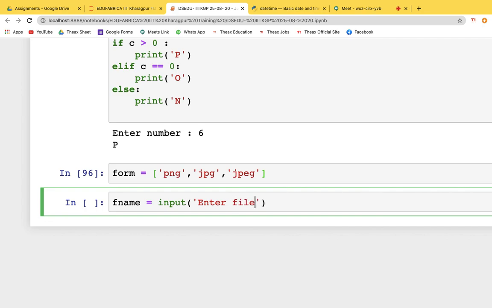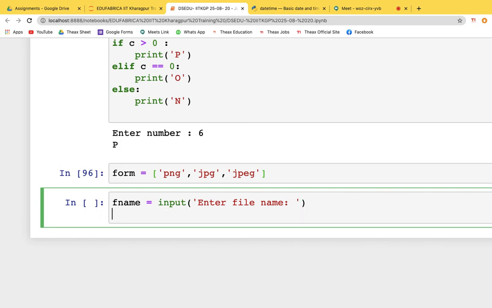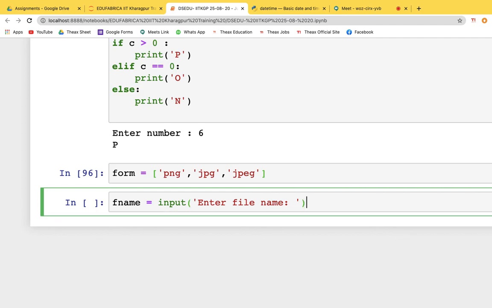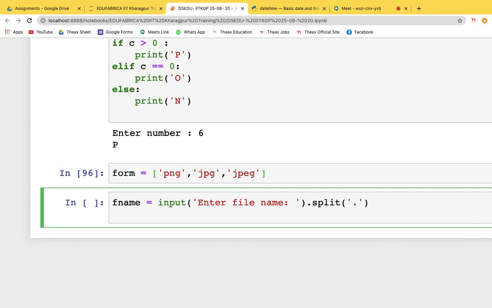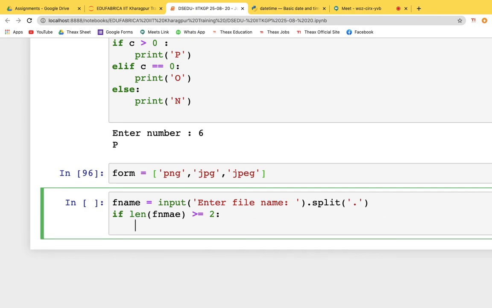let it be f name, enter file name. That is very easy, right? So enter the file name, and what you do next is split it with respect to the dot, and if the length of your f name is greater than or equal to 2, right? Because when you split up the things, at least there must be two things, right? So if it is greater than or equal to 2, then we are going to check again that